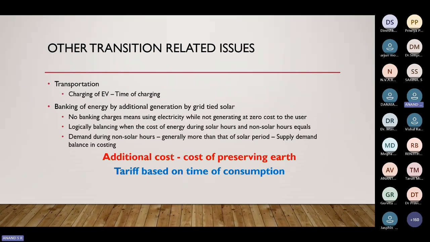We can generate energy at a lower cost, but we are not able to do that because we need to conserve it. So the cost of preserving the earth, or rather greening of earth, is the additional cost coming on the electricity generation. And now what we are planning, at the national level as well as at state level, is more